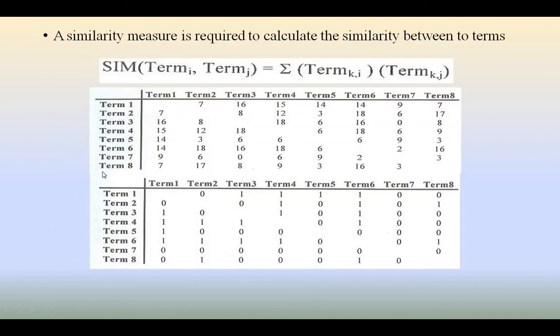Let us see, this also starts with the calculation of this matrix. The top one is the formula for calculating the term similarity, this one is the term matrix having the similarities in numerical representation, and this second matrix contains the binary values of the similarities with the threshold value. In the previous videos we discussed that whenever the value is greater than 10, it is given the binary notation 1, else it is given the binary notation 0. So 10 plays an important role here as the threshold value in the similarity matrix.